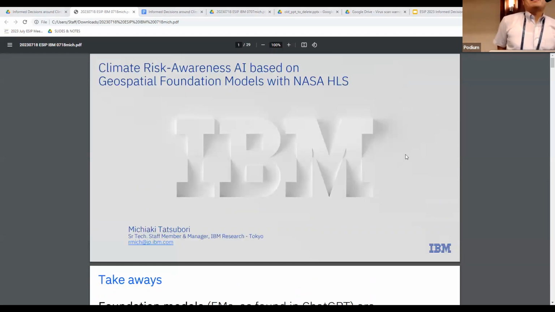Hi there. My name is Michi Tatsubori. I'm from Japan. I'm working for IBM Research in Tokyo, and I'm a manager of artificial intelligence research. Here, to be honest, I was not aware of this meeting several months ago, and so I'm not sure what the expectation is here. But let me raise a little bit of a question about